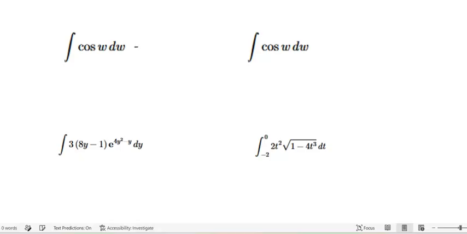So one way we can integrate is just by knowing the derivative, right? The antiderivative of the cosine function is the sine function. We just know that that's the derivative, right? Basic function. I could also do this from